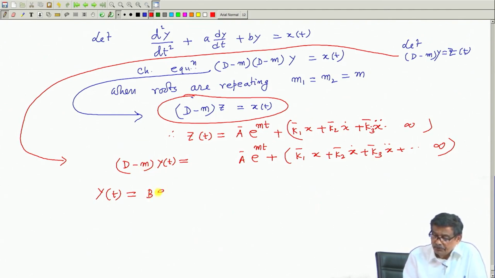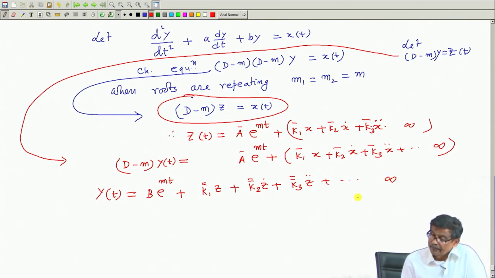So, b e to the power m t, that will be the complementary part, plus k 1 double bar z plus k 2 double bar z dot plus k 3 double bar z double dot and so on up to infinity. This will be the total solution, is it not. But you see in this one,